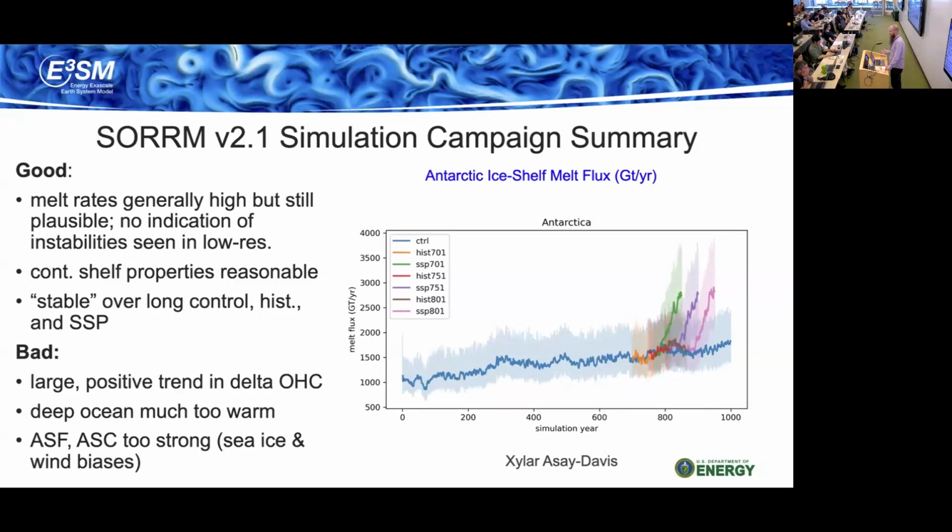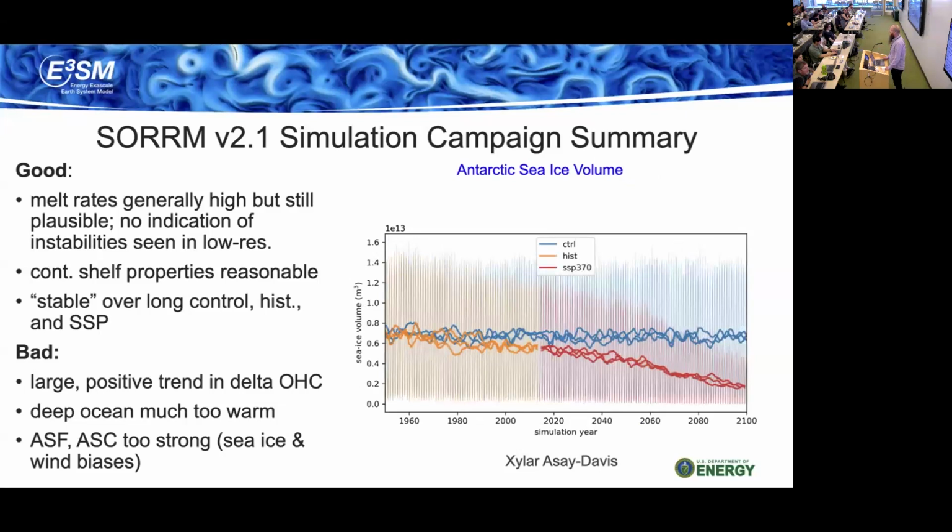You can see the branch points where we branched off the 3 historical ensemble members, and then as they continue through the SSP370 scenario, you can really see a marked increase in the total ice shelf basal melt rates through year 2100 under the scenario. And here's showing the Antarctic sea ice volume through these scenarios, which again shows across the SSPs a pretty marked decline in Antarctic sea ice area that's in part interplaying with this general ocean warming and increase of ice shelf basal melting.